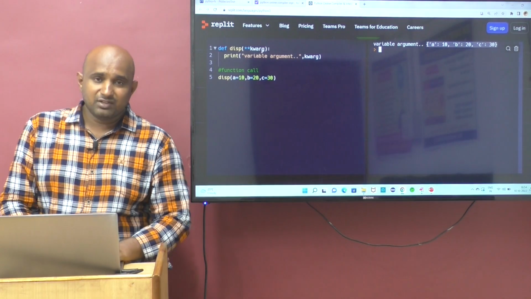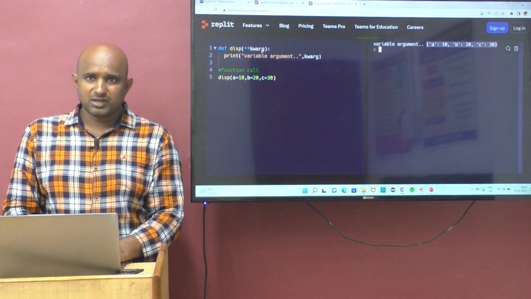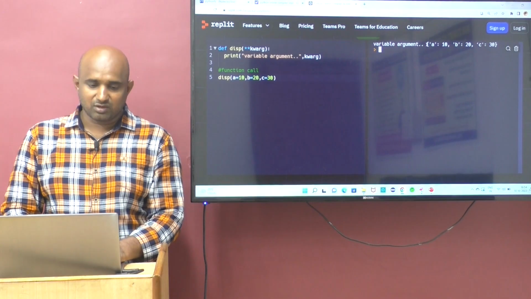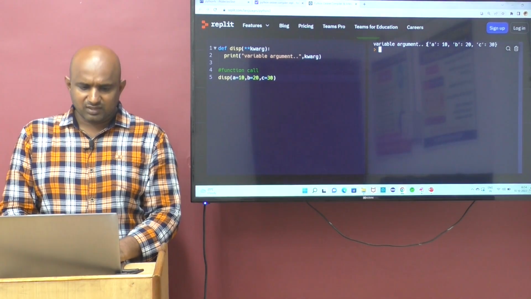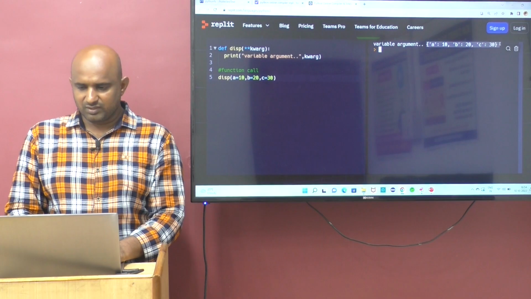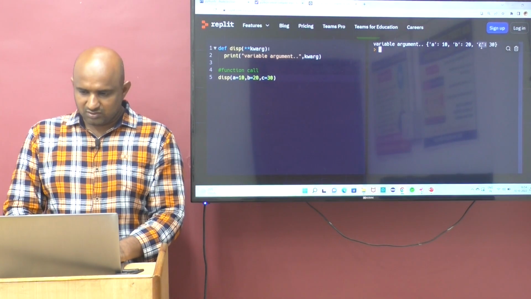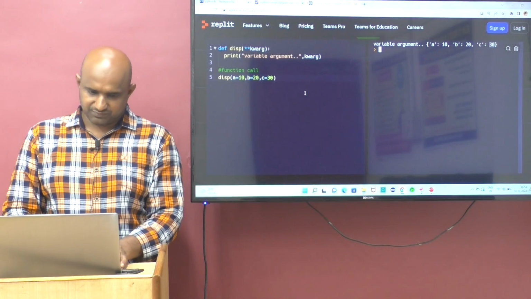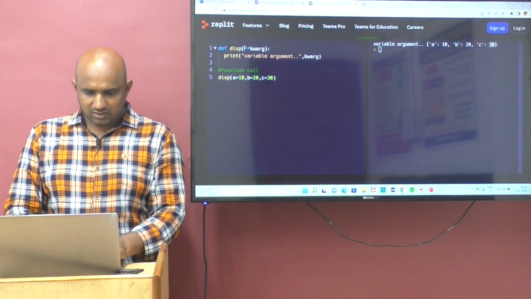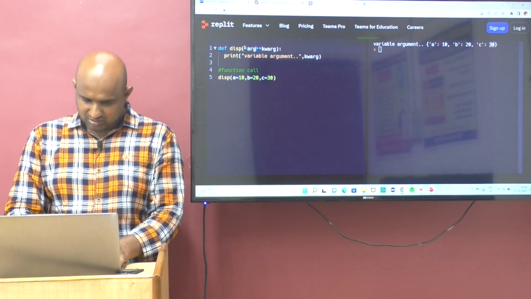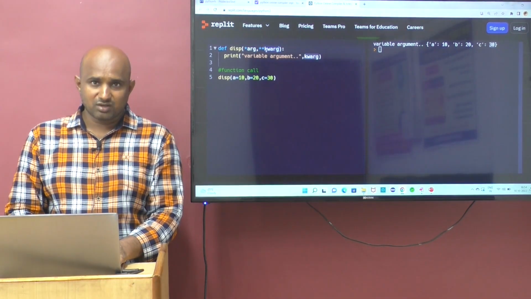Guys, variable argument is taking the data in which format? Tuple format. Keyword argument is taking the data in which format? Dictionary format, right? This is called key and value. Exactly. Guys, if you want, you can take the star args comma double star